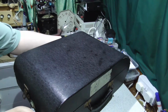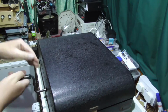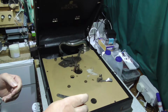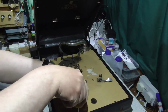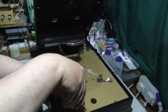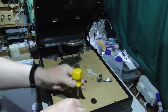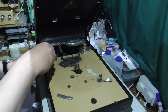So I think the next thing to do is to remove the motorboard. Motorboard seems to be held in with a few little screws. I'm doing this live. I genuinely have not taken this motorboard out before, so I really don't know what I'm